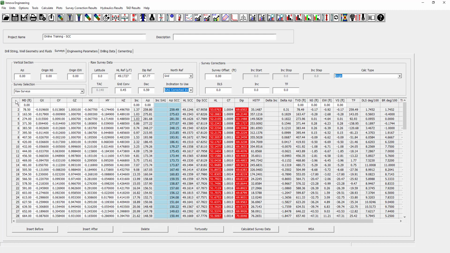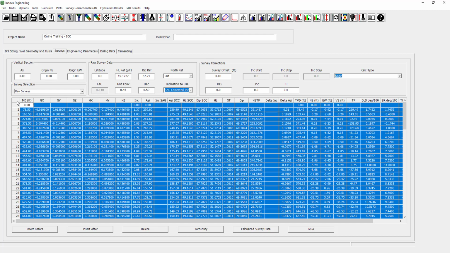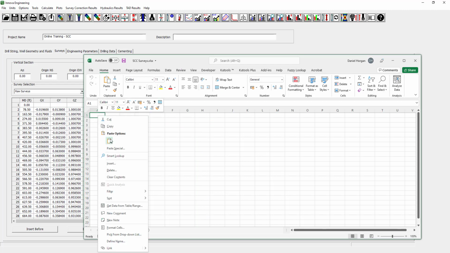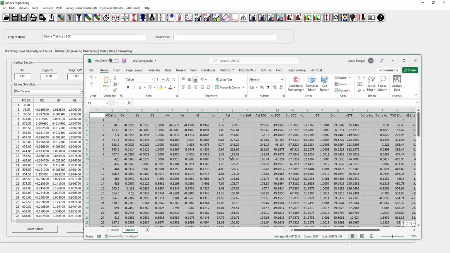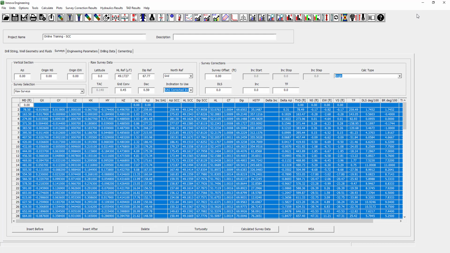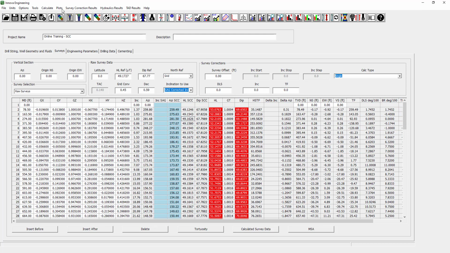Also, if I click in the top left square up here in my table, it'll select my entire table. Right click and go to copy, and then I can go into a program such as Excel. Just click paste, and that will paste my entire table into Excel, which I can then print or email as I wish. The other way I can output my results is by going up to File and going to Print